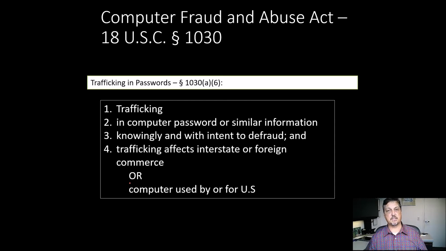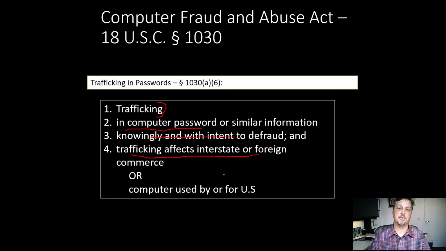So Part 6 is a trafficking provision. So trafficking in the law is thought to be a kind of commercial activity that is illicit. So human trafficking, right? You're trading people against their will, either for enslavement for manual labor or for sexual acts or prostitution, right? Things like that. So trafficking, computer password or similar information, knowingly with an intent to defraud, and that trafficking affects